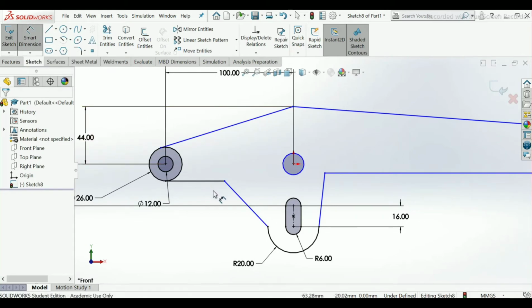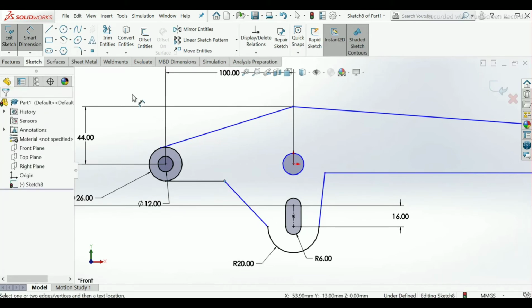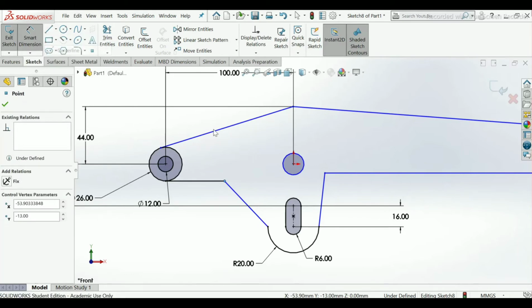Now give dimension again, select this point. First I will make a center line.